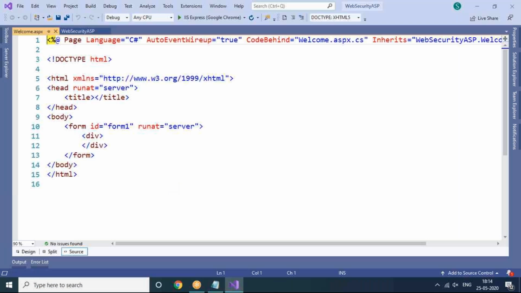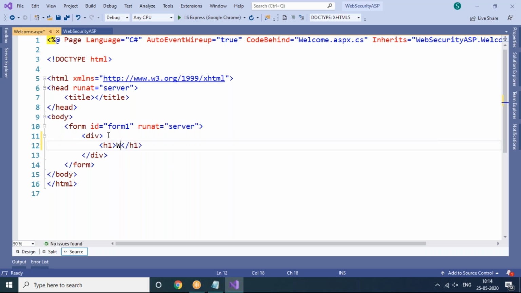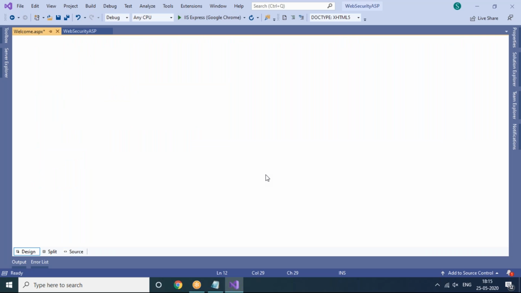When we navigate to welcome.aspx, I want to show you whether it is the welcome page or not. So that's why I'm taking an h1 tag here, welcome page. Okay, that's all. Now flip to design, no problem at all. Now after that, what I'm trying to do here,